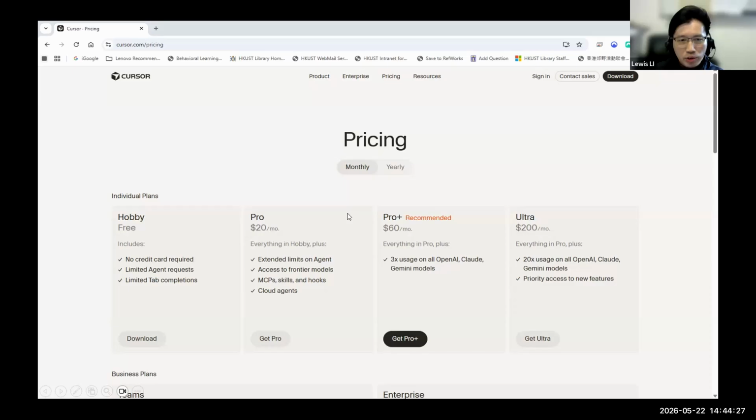I would recommend the Pro model if you want to do more tasks, or even if you want to develop some small programs. The price is in US dollars. You have many more features after you subscribe. For example, you can connect to MCP, have multiple models running together, and run different agents in parallel, which means you can run different tasks at the same time. So this is the Pro model. If you have the money, you can subscribe.